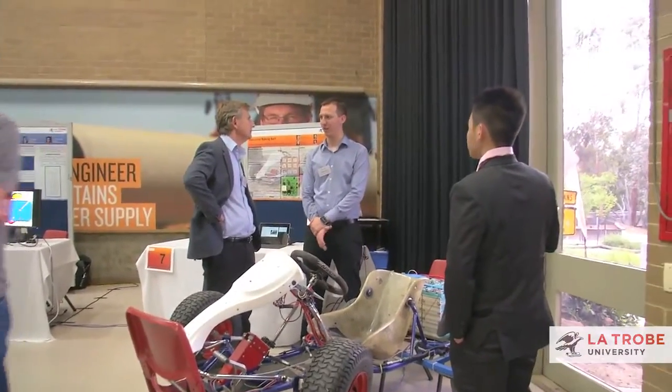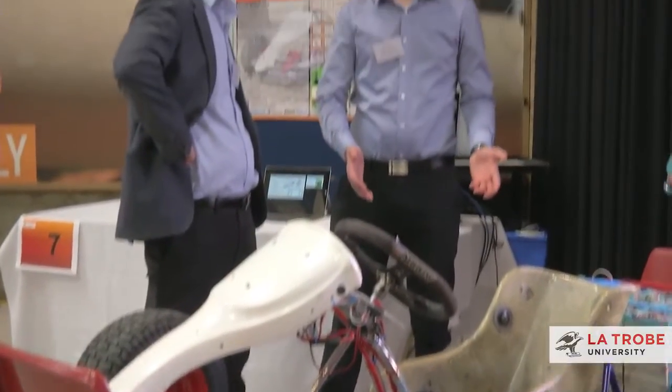It's really nice to see their enthusiasm and all the innovations that are here. It's great. I went to La Trobe 21 years ago, I think it was, and the advancement in the project since then is amazing. And just the level of technology, I've seen electric vehicles, I've seen helicopters, I've seen all sorts of applications, so very impressive. Love the showcase. Their projects are really practical, really hands-on, and that's the sort of stuff that an employer wants